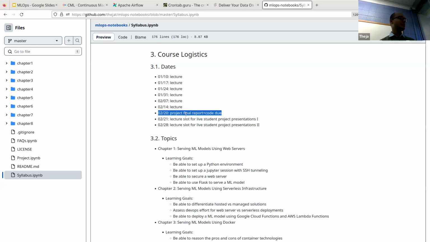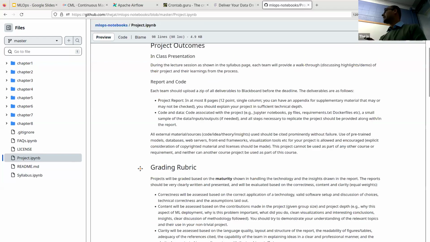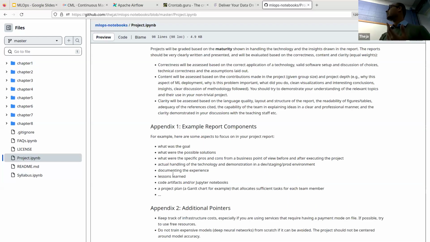There is a sample report in the project notebook. If you look at the third notebook here, it tells you what you should typically cover, but it's not necessary. Each tool will have its own requirements, because a visualization tool versus a data annotation tool versus a web serving related tool could be a cloud or a managed service. We already saw some managed services, like cloud functions, and it's going to be very different, because you can't download them and run them.